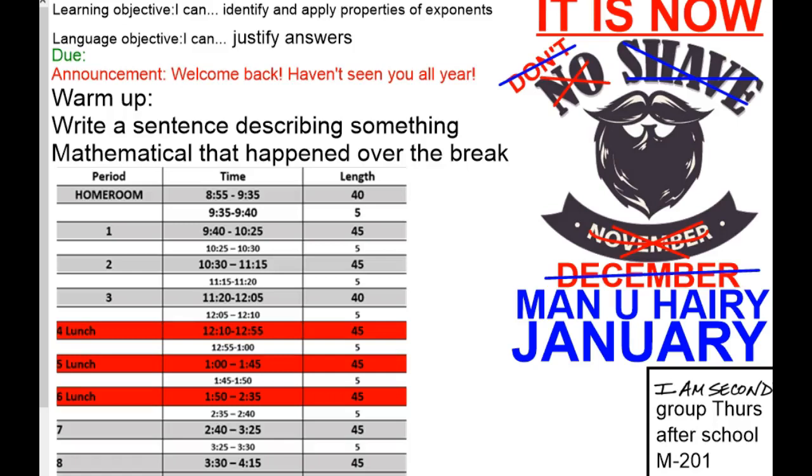It is Manu-Hairy January. So we did this warm-up, writing a sentence describing something mathematical that happened over the break, and we can